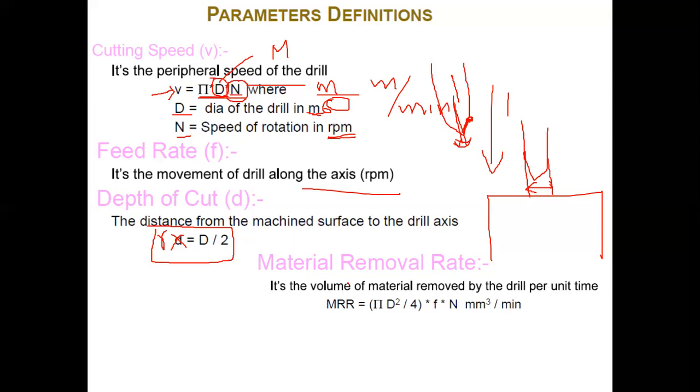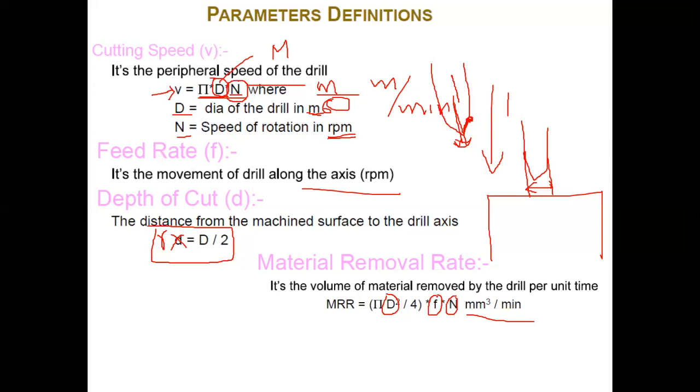because here the diameter is substituted in terms of mm. If it is substituted in meters and feed is in meters per minute, then the values will come in meter³ per minute. So the units of the final parameter depend upon the units you provide for the input parameters. If the diameter is in mm, feed in mm per revolution and n in revolutions per minute, then this will come as mm³ per minute.